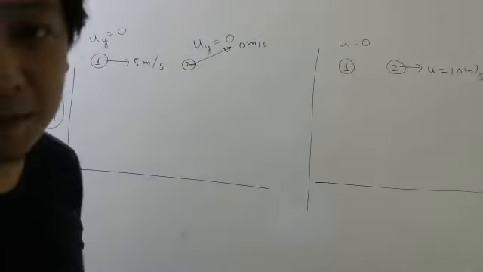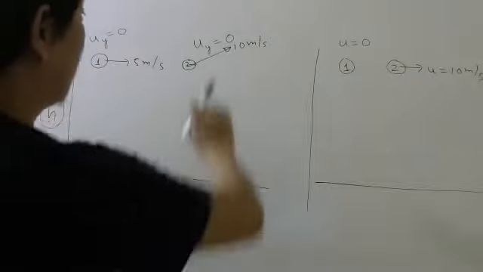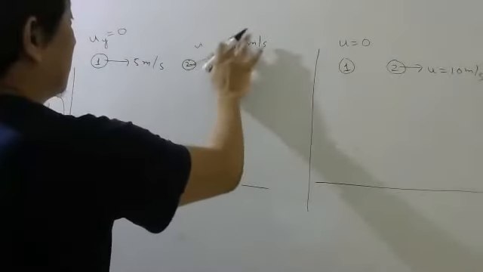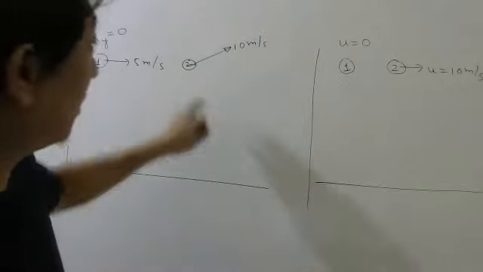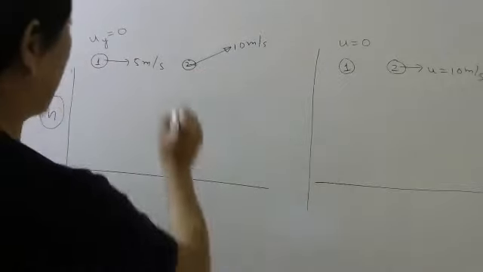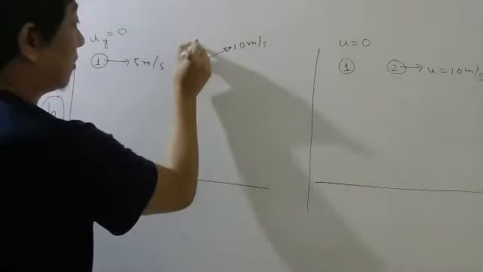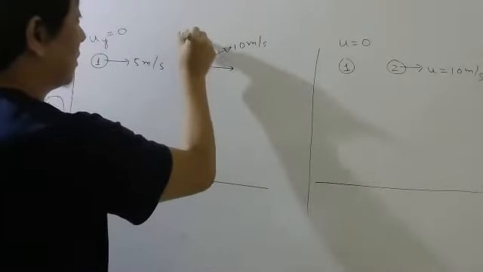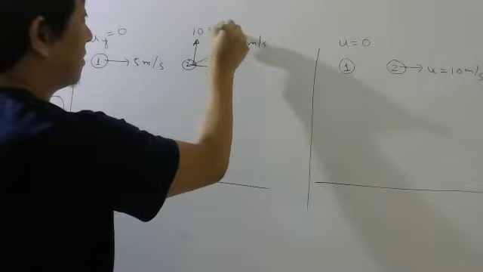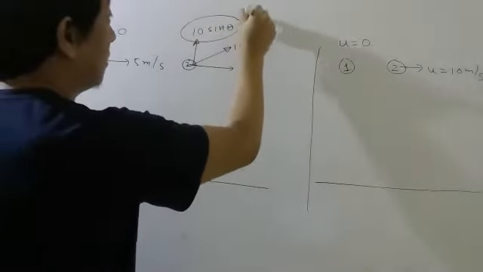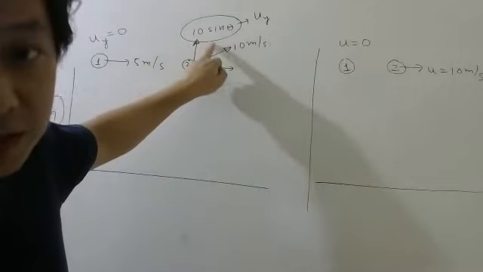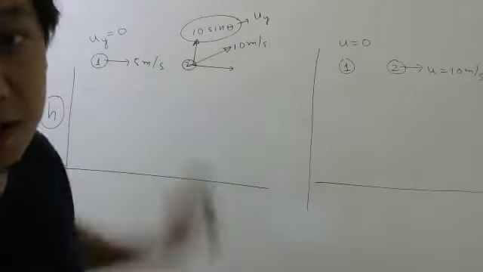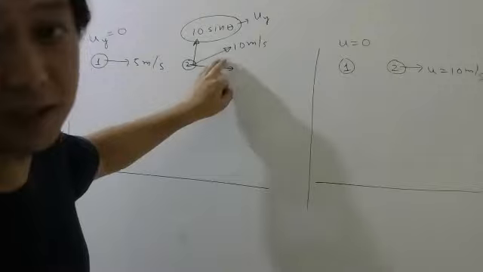Okay. Suppose I do like this. Now will they take the same time? Now they will not take the same time. This will take more time, because it will have some y component of velocity, 10 sin theta. So now your y component of initial velocity is not 0, remember. So now this will not take the same time.